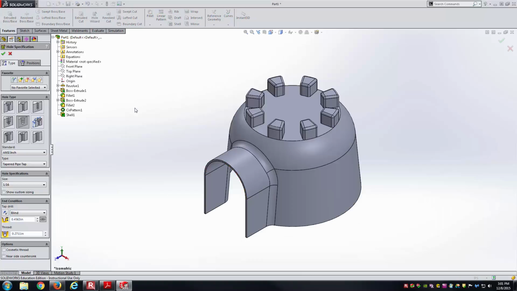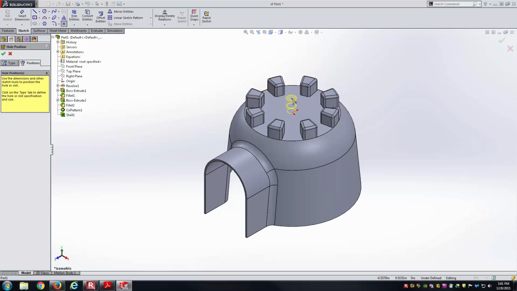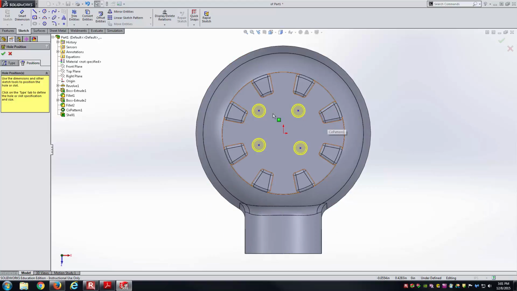I'll try to use the hole wizard for it. And so I've got hole wizard here. I'll focus on the position first. And so for the position, I'm just going to select this top face. And I'll just put 4 holes. At this point, just each sketch point is a hole. And then I'll go normal to. And I need to define the position of these holes. And so what I'll do is